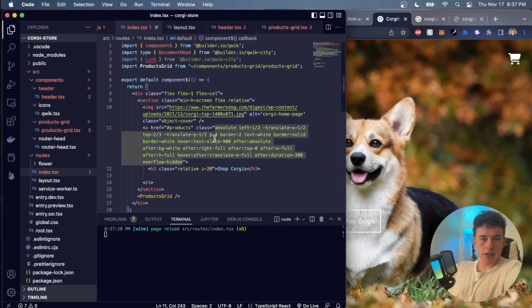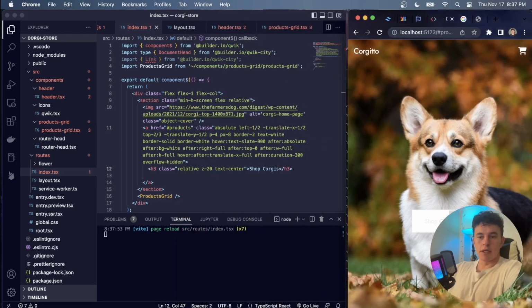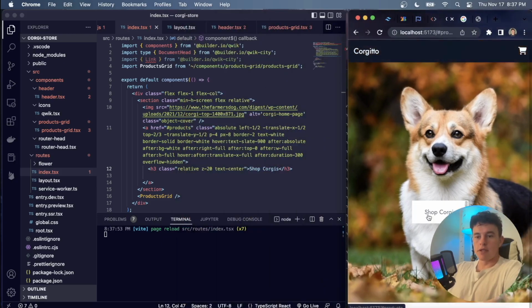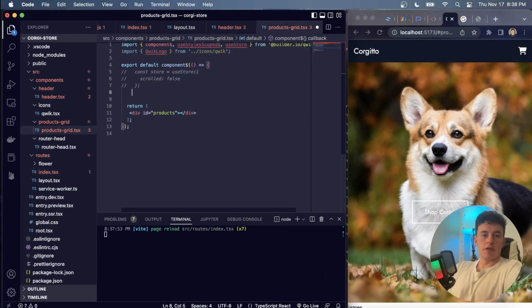Now I might actually just update the padding X to be slightly larger, so px of 8. And I'm also just going to say text center, so that when we come down onto a smaller screen, it stays the same. And so now when we click shop corgis, it takes us down to that product section down there. As for our products div, what I'm going to do is define a whole lot of corgis, and so that's going to be